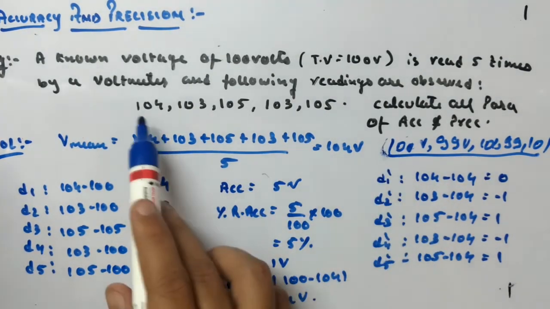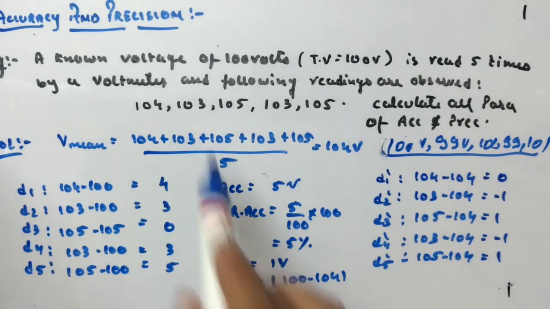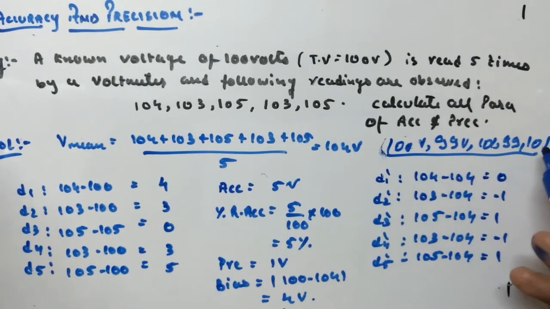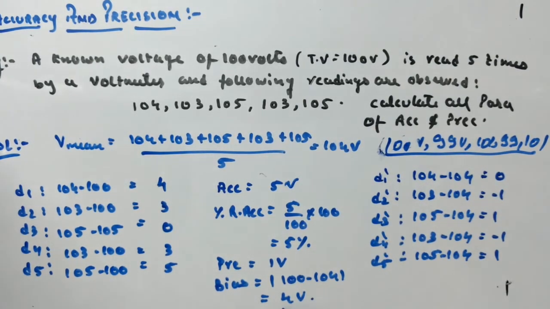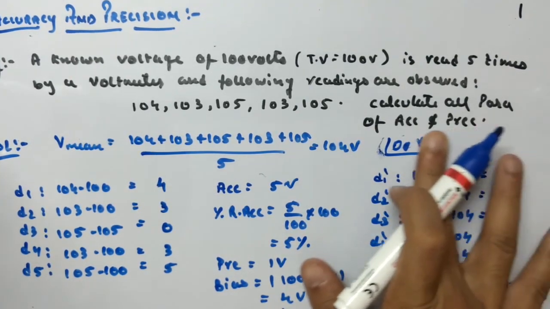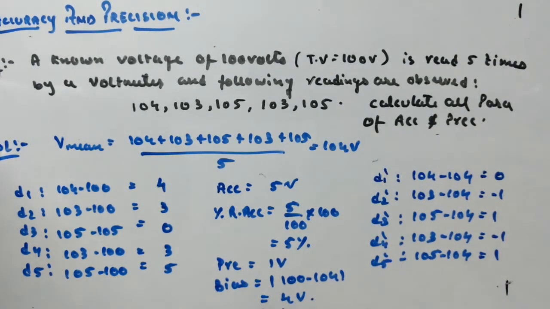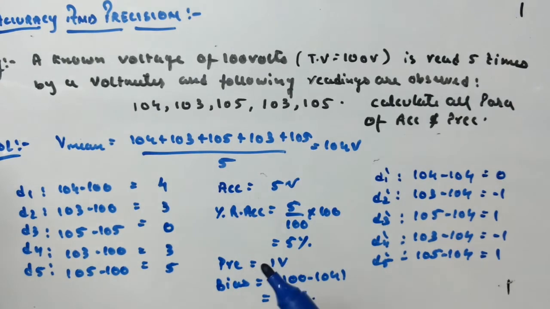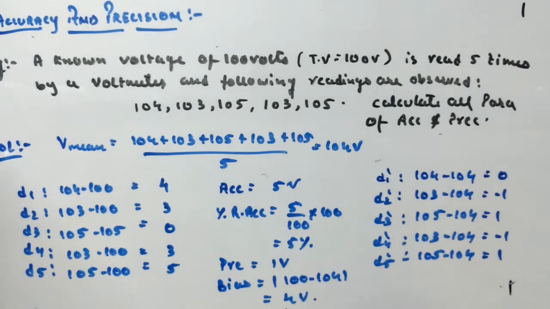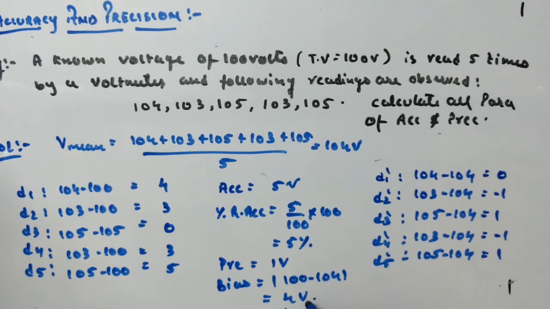Okay, why? Because I have subtracted 4: 104 minus 4, 103 minus 4, that is what I have done here. So this will be the actual reading if you remove the bias. So bias means your readings are not correct, they have some sort of bias. So if you want to remove that bias, you have to recalibrate the instrument, which means you have to subtract whatever the bias value is from each reading. Okay, that will be a correct reading.